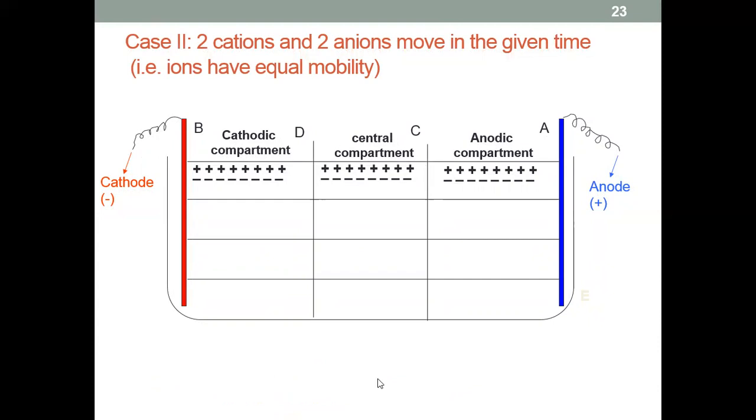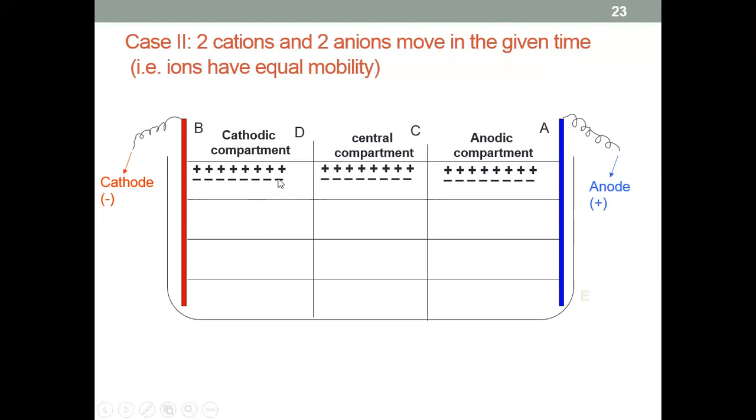All right. So this is the situation: 8 pairs in the cathodic compartment, 8 in the central, 8 in the anodic. Right. And now we apply electricity. So how many cations will move from the anode? 2. So these two cations will move through the central compartment ultimately here. So now we will have two cations extra in this compartment, and similarly two anions move,